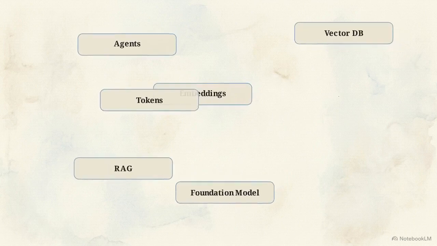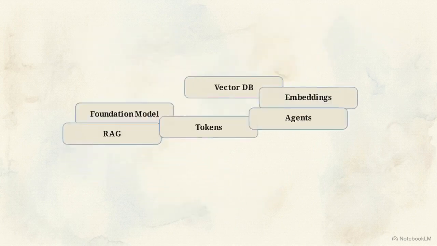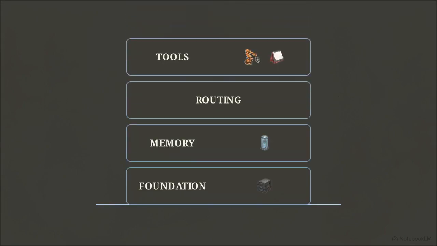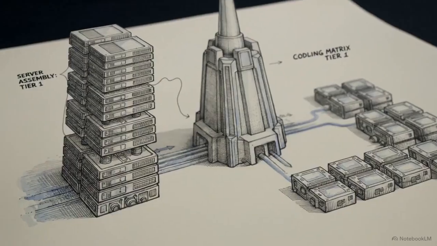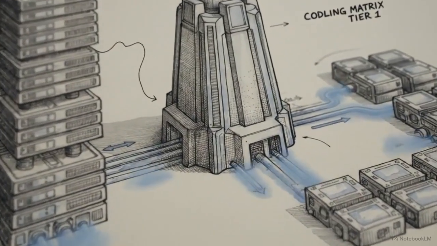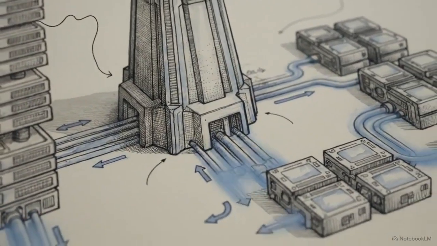These terms are more than a vocabulary list. They are components in a system schematic. We are going to build a production-ready autonomous agent from scratch, defining the exact terminology needed at every layer of the modern AI stack. Approaching these concepts as an engineering blueprint allows us to move past consumer hype and design